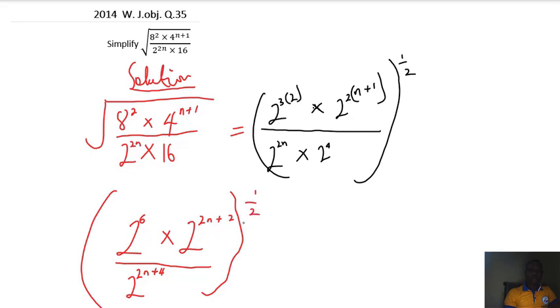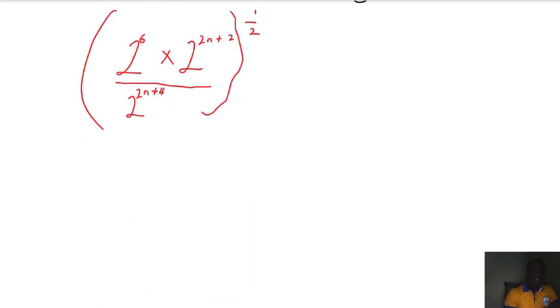exponent by half. So as we did for the denominator, whereby the bases were the same and we added the exponents, the same thing applies to this one. So here the bases are the same, so we are going to add the exponents, so we have 2 exponent 6 plus 2n plus 2 all over 2 exponent 2n plus 4, and we have this one all over